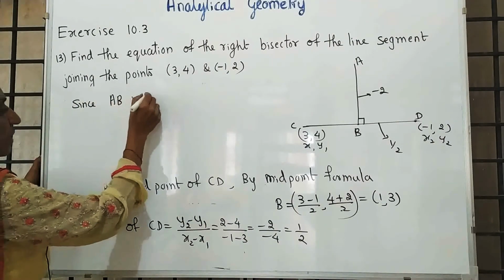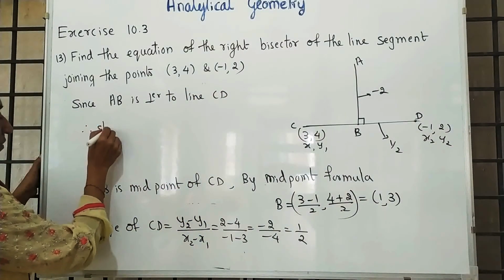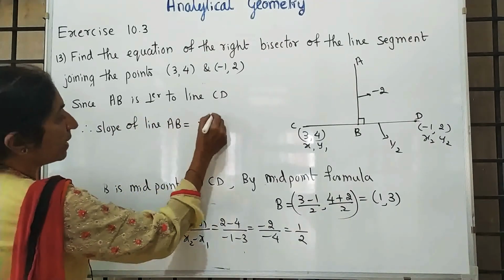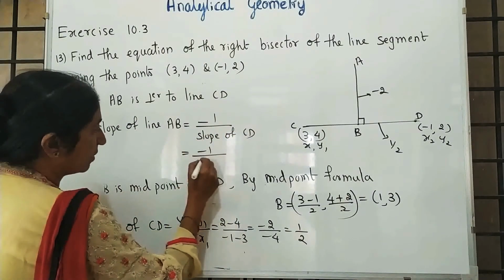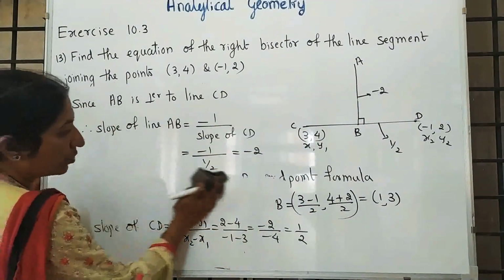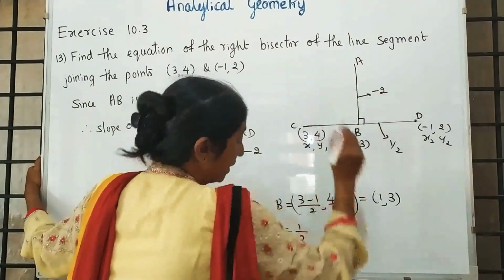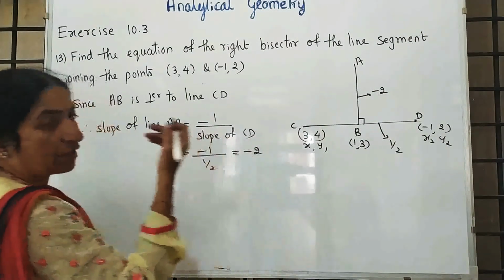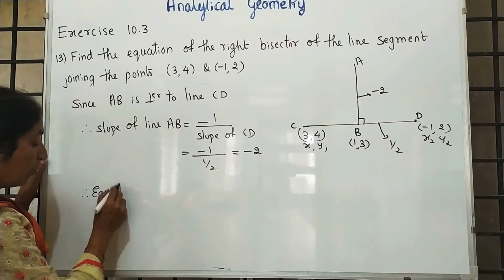Since line AB is perpendicular to line CD, the slope of line AB is equal to minus 1 upon the slope of CD, that is minus 1 upon 1 by 2, that is minus 2. Already I told you. Now you know the point B. B is (1, 3) and you know the slope of the line. That means in line AB you know one point and one slope. Then using the point slope formula, the equation of the line AB